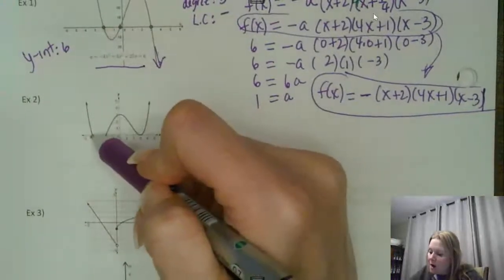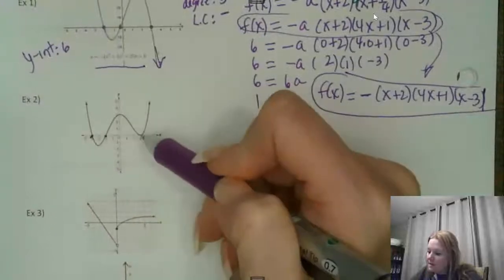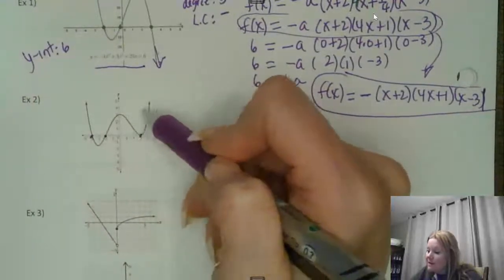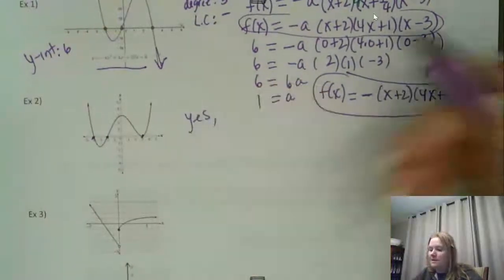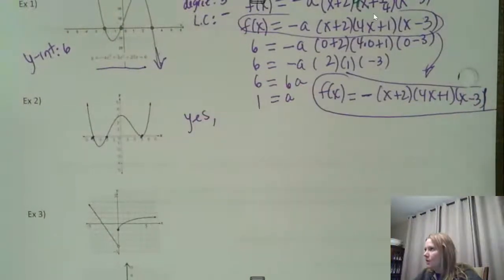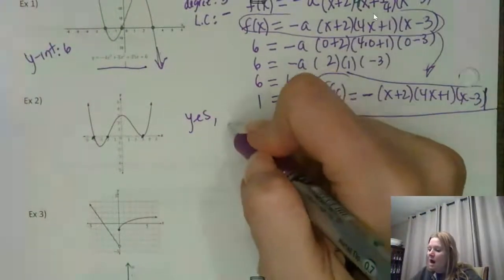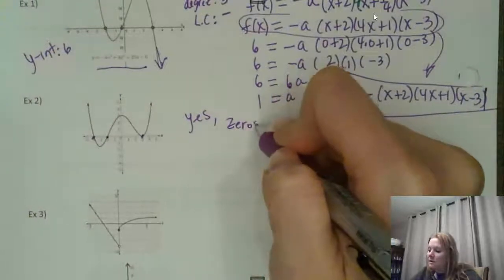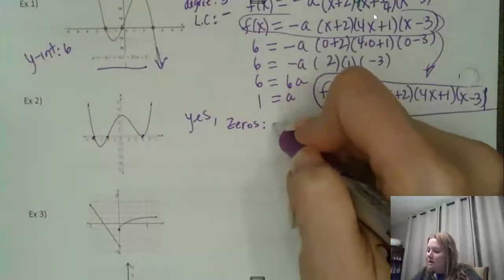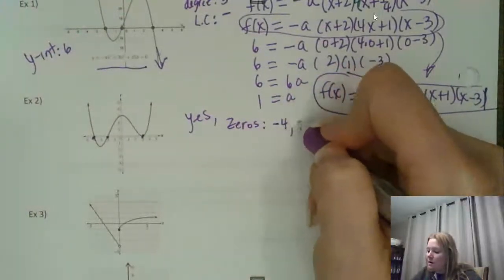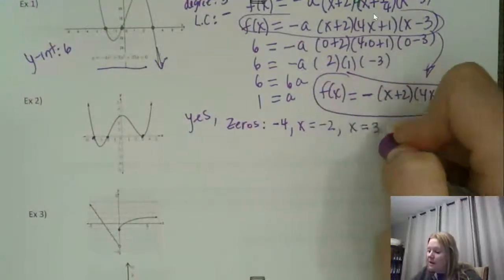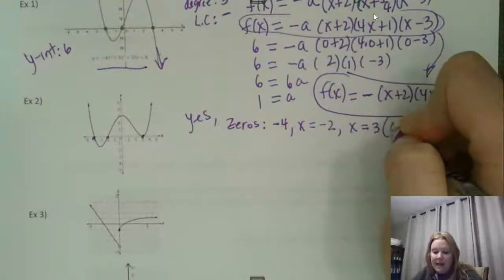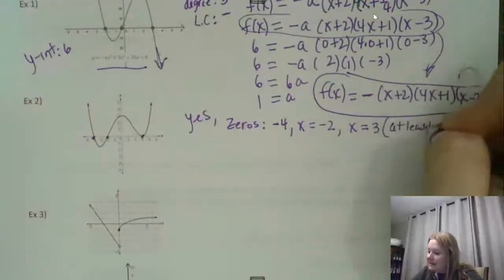So like in the next one, I don't have the equation. I see it crosses at -4, crosses at -2, kisses at 3. So is it a polynomial? Yes. Nice smooth curve, no breaks in the graph. Zeros are -4, -2, and 3, which has to have at least a